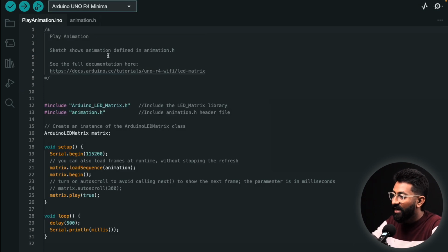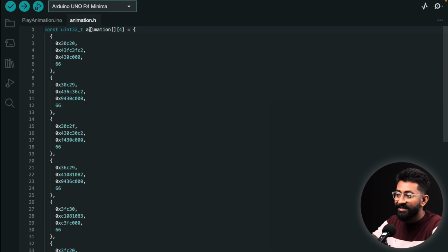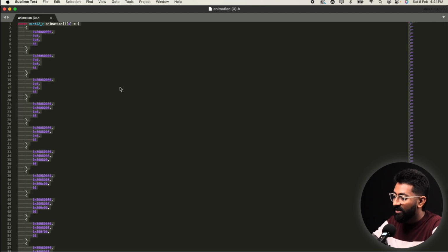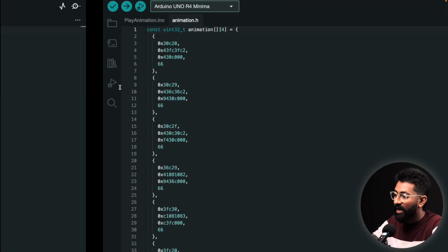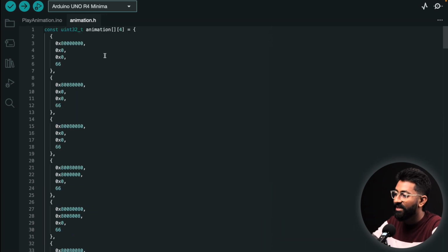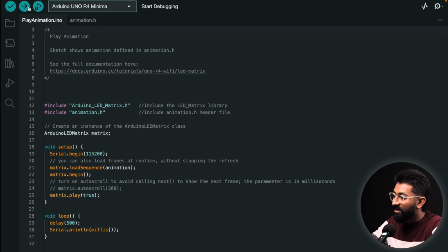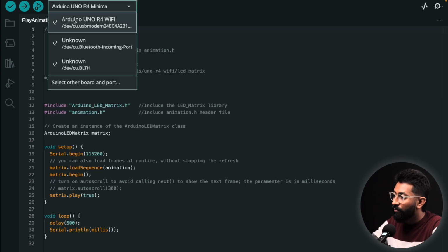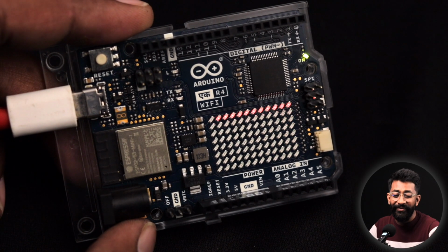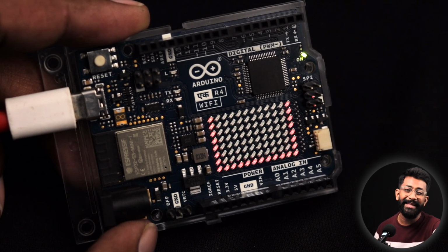Now inside this play animation, we need to change this animation.h header file, and we need to replace it with the animation file that we have downloaded. So I'll copy everything that we have downloaded, go back to the Arduino code, into the animation.h I will paste everything here. That's pretty much it. Now I'll select the right board and COM port, and I'll straight away hit the upload button. Okay, so the code is uploaded, and on the board we can see the exact same animation that we have designed,